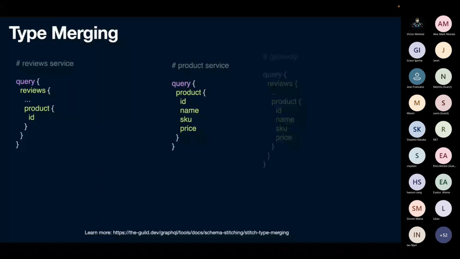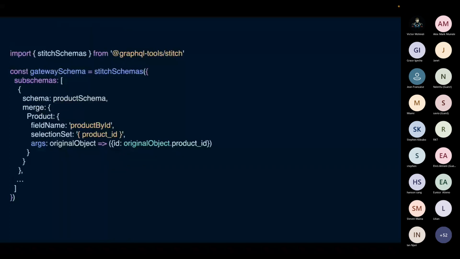If you look at that query, where the entry point is related to a product, in this case an ID, name, SKU, and a price. Normally what happens is you can add a configuration, because these two types have overlapping types, which is a product type in this case. You can add a configuration onto your gateway. And essentially what you're saying,